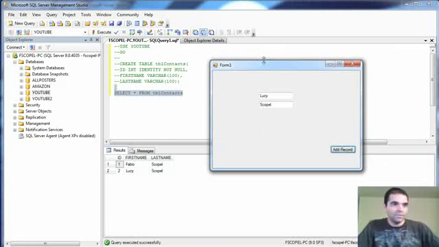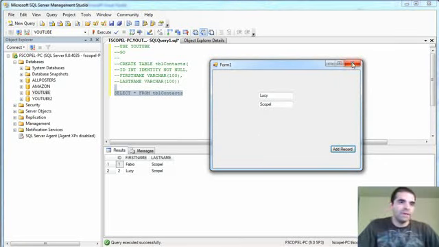Of course, this is not very convenient, right? We're going back and forth between SQL. We don't have to do that. One thing that we could do here,